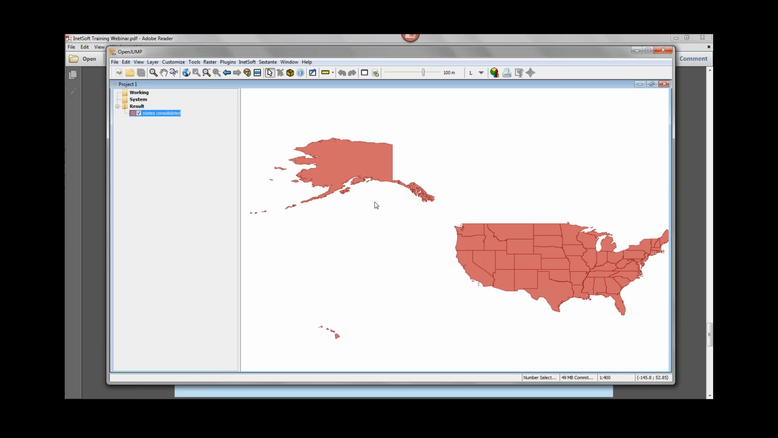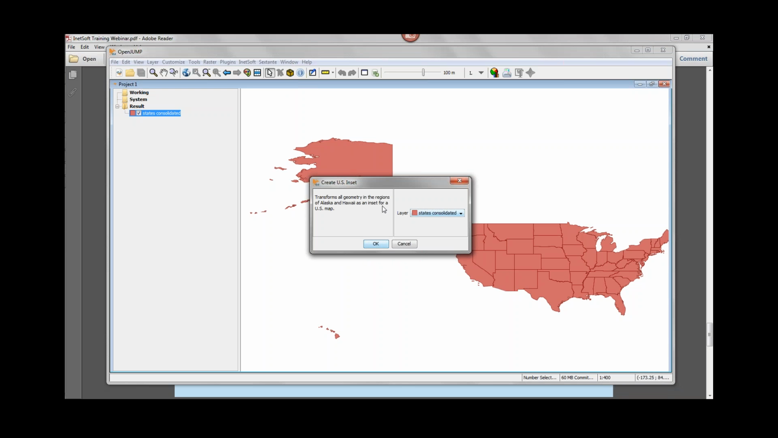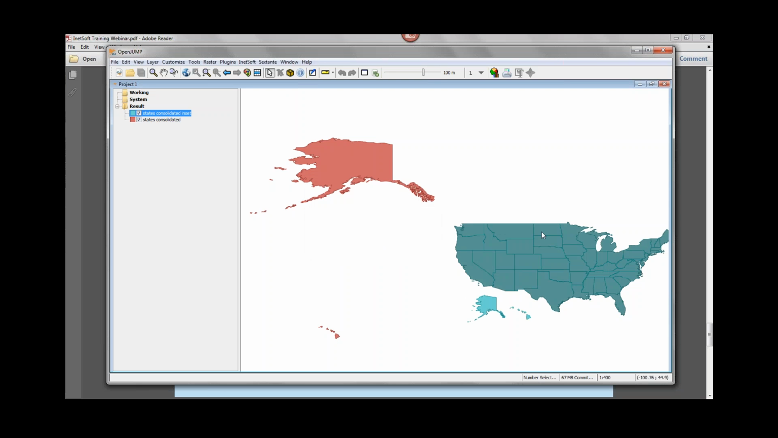Now the next thing I want to do is I want to take Alaska and Hawaii and inset them, which is the way that you typically see Alaska and Hawaii represented on US maps, down here floating in the ocean. So there's actually just a quick way to do that. Again, go to the iNetSoft menu, you select Create US Inset. It asks you what layer. Again, there is only one layer, so that's the layer that we're operating on. Press OK, and now you can see that Alaska and Hawaii come here off the coast of Texas, so to speak,